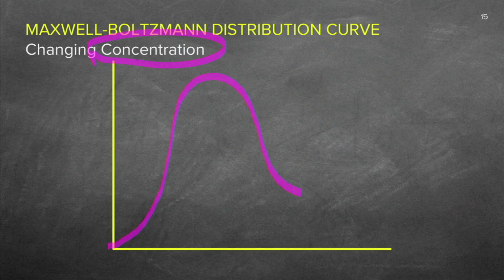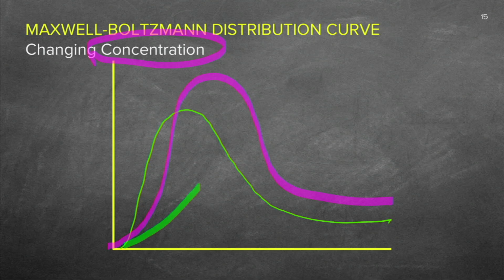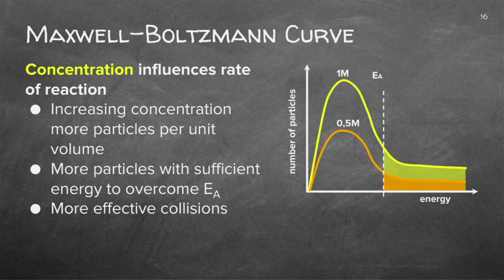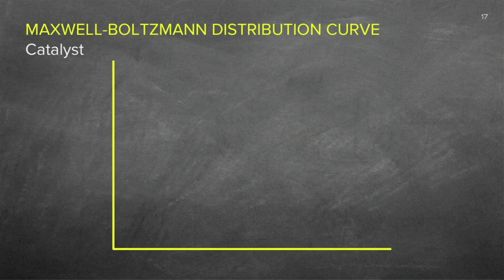What will happen if I change the concentration? Well, that's my initial curve. If I now lower the concentration, it will probably be something like that. And if I increase the concentration, it will go more. So this is the part that you are interested in. Have a look at that. I'm decreasing the concentration. Can you see I'm lowering the number of molecules in the effective collision or the high energy side?